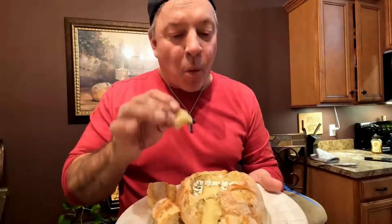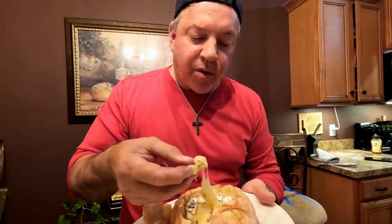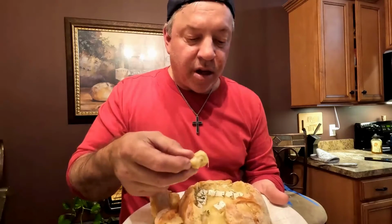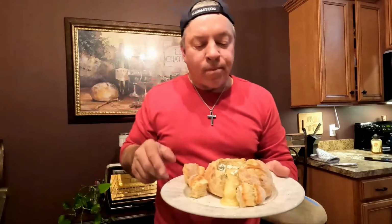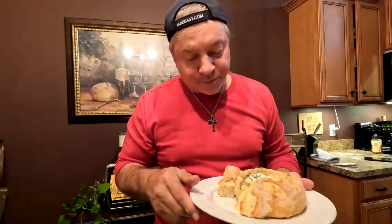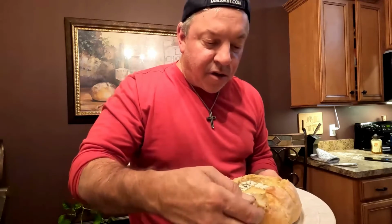Just amazing. When you do this, do not worry about cutting the rind off. The rind, you can't even tell it's there. It's just amazing. The rind is just like the rest of the cheese. That's so good. Oh my gosh, one more bite. So the plate is even hot that it's sitting on. So to do this,